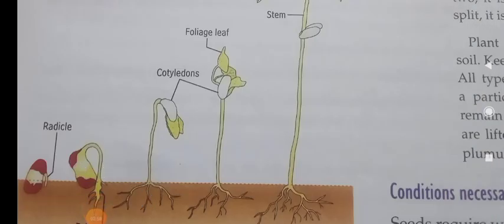A seed needs a suitable temperature, adequate moisture, and oxygen for germination. So, what are all the things needed for germination? The seed needs a suitable temperature. At all temperatures, a seed cannot germinate. Similarly, the presence of moisture also plays a vital role, and also oxygen. The availability of oxygen also makes germination good. Oxygen is needed for respiration. Am I right? Yes. So all these things are required for the germination process.